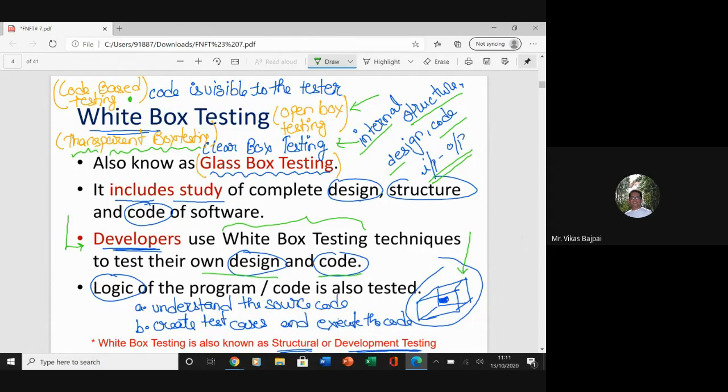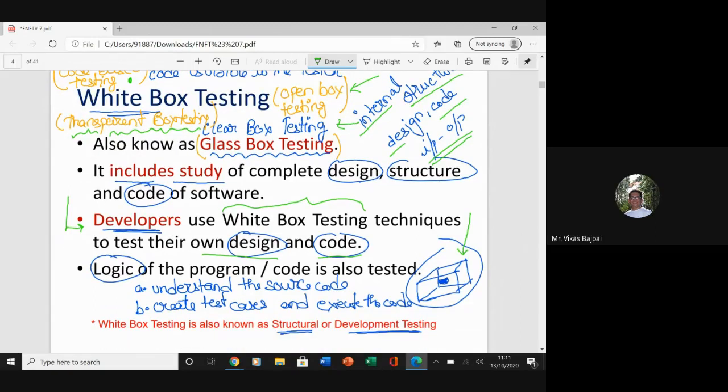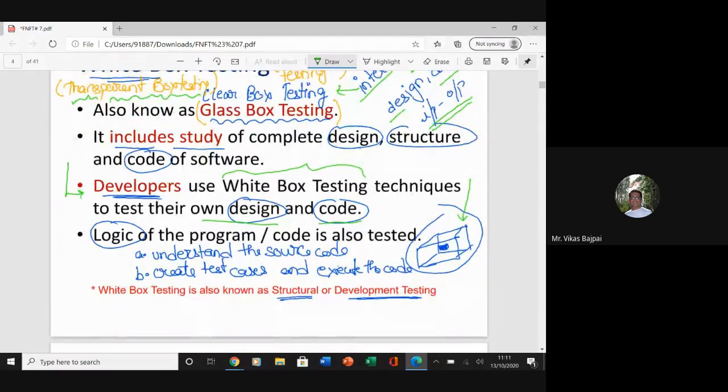The logic of the program or the code is also tested for the first time. In the previous cases where we were dealing with black box testing, all these things were not there. Now we try to understand the source code, create the test cases, and execute the tests. So white box testing is also called structural or development testing.